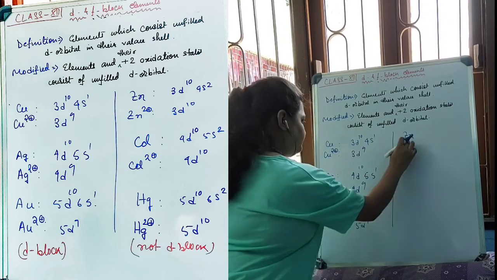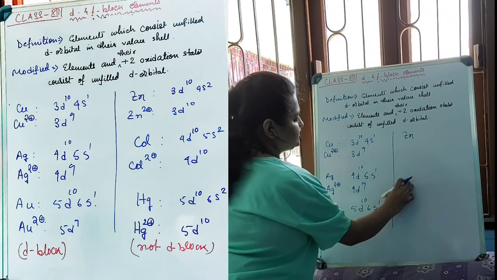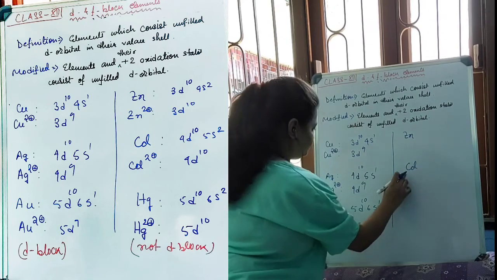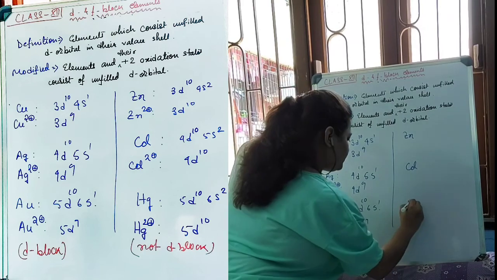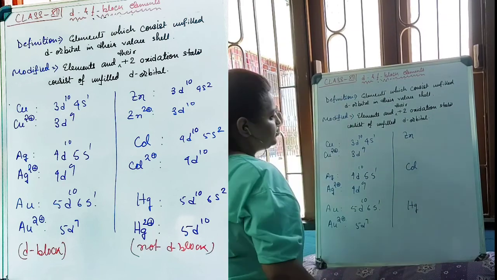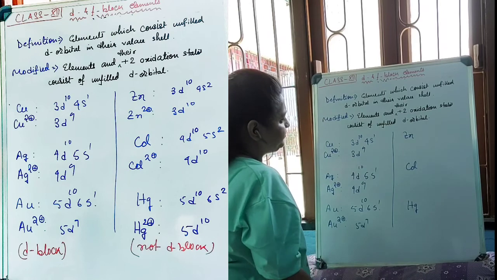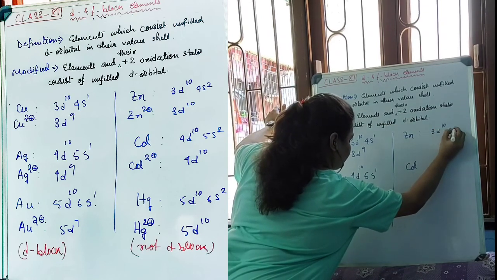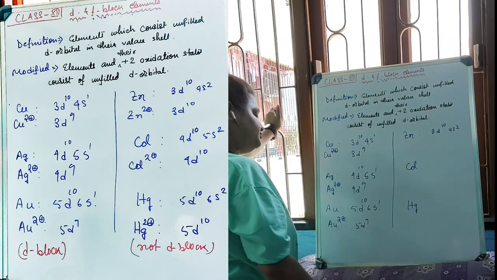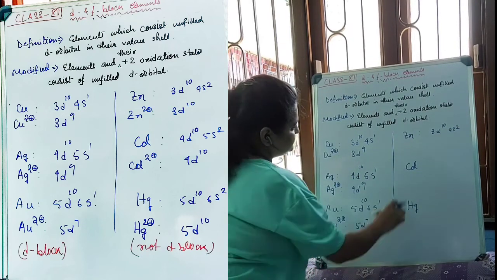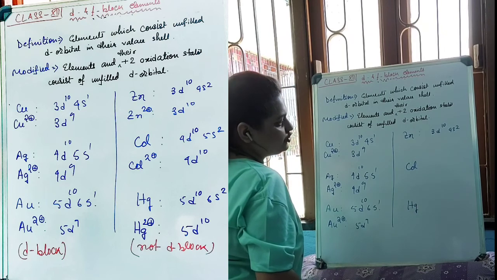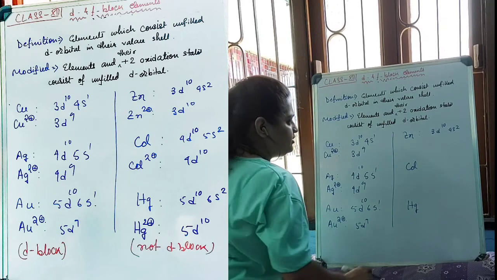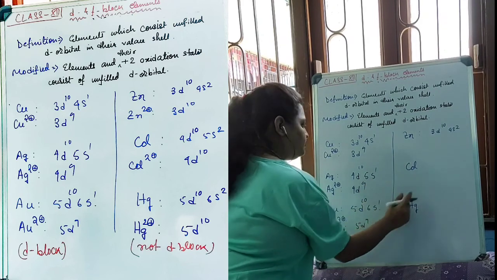The similar concept can be applied for the 10th element in the first transition series, that is zinc. Right below zinc in the second transition series resides cadmium, and right below cadmium, mercury is residing in the same group as zinc. The electronic configuration for zinc is 3d10 4s2. As cadmium and mercury are in the same group as zinc, their electronic configuration will be the same, only their valence shell number will increase by 1 from zinc to cadmium, cadmium to mercury.